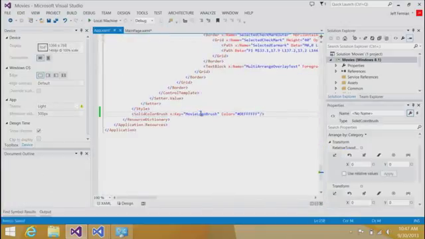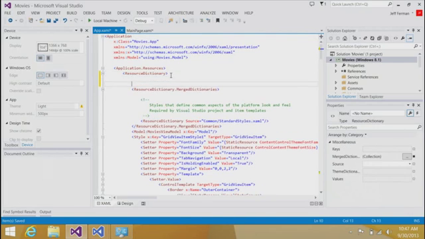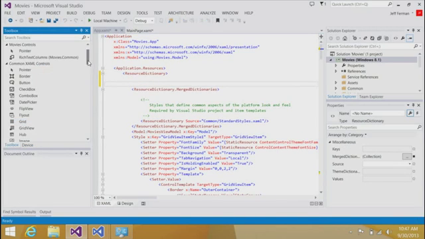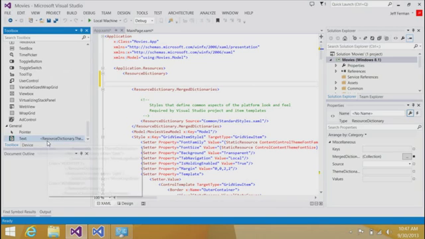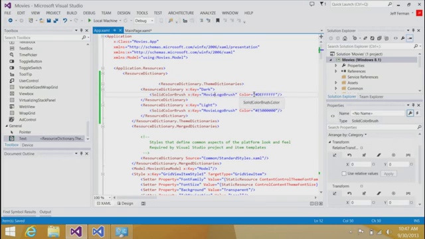Now, if I want the brush to be different colors, both in dark and light, I really need to put that in a theme dictionary. So I'm going to just delete that brush for now. Let's go to the top, and I have a little code snippet, or rather fragment, I'll just grab, drag it on in, and I now have that same brush, movie logo brush, defined as one color in dark and one